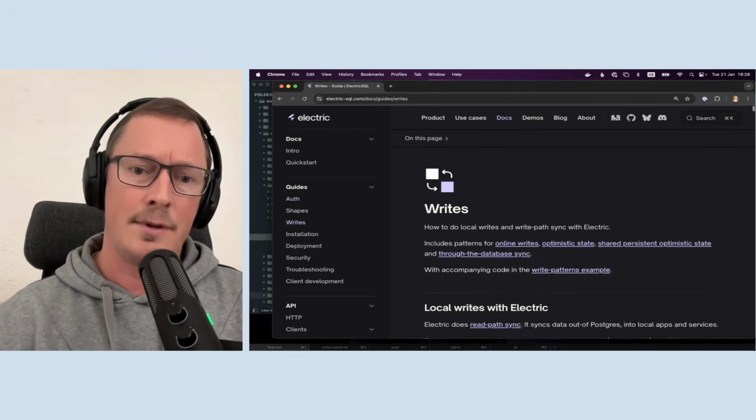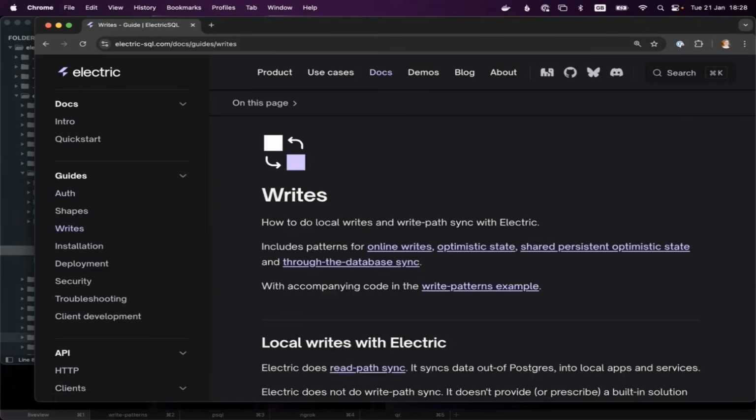And then with write, as I mentioned previously, there's a fair bit of complexity and concerns around, say, concurrency and rollbacks that are kind of quite well understood around this type of system. Electric doesn't prescribe a solution to write, and instead we document here a number of patterns where you can implement some different approaches to the write path of your application.